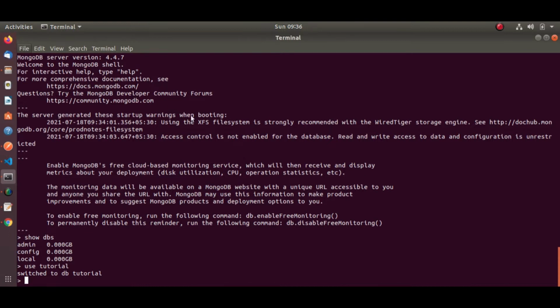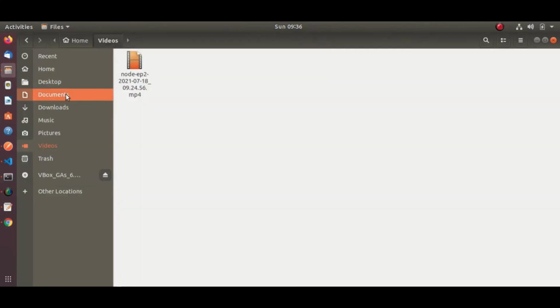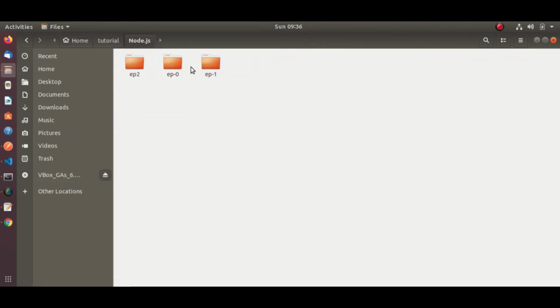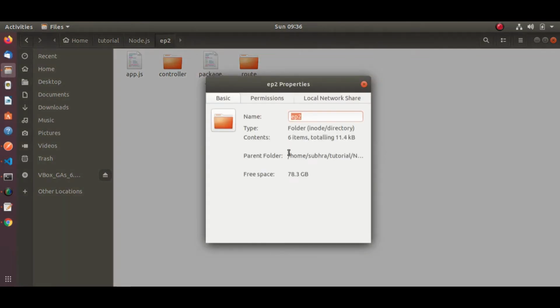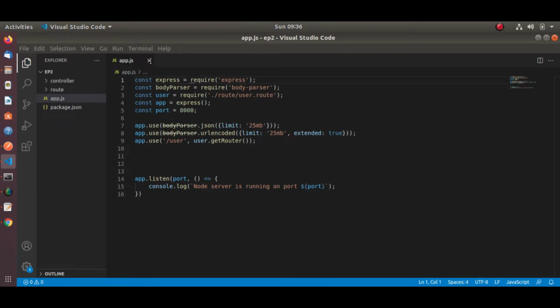Let's open one new tab. Now I am inside my project directory.